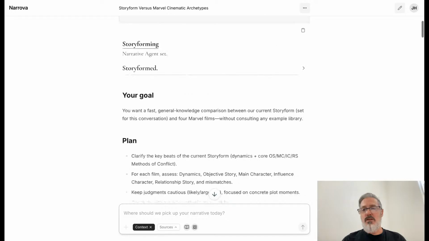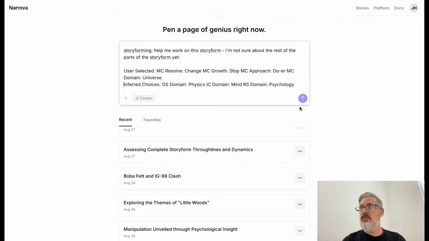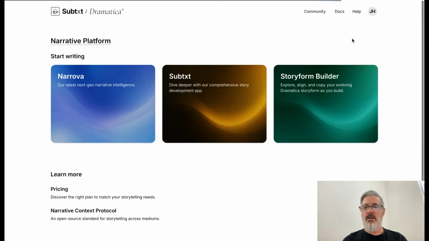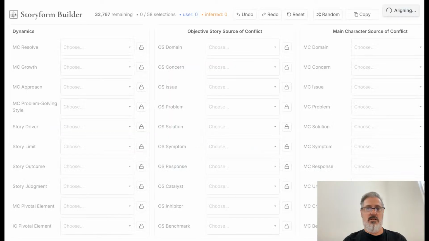In Dramatica theory, antagonists and protagonists aren't aligned with good guy, bad guy. It's aligned with the avoid and pursuit methodology, or their motivation. So if I go to the platform, right? Am I sharing the right thing? Yeah. If I go back to the platform and I go to the Storyform Builder, because I think it's gone now,